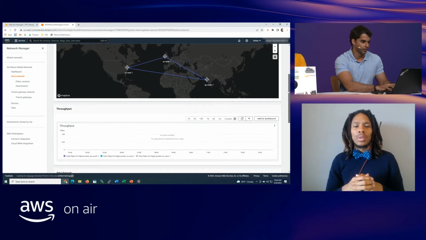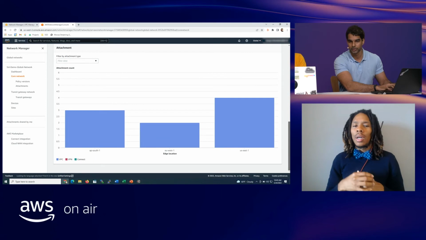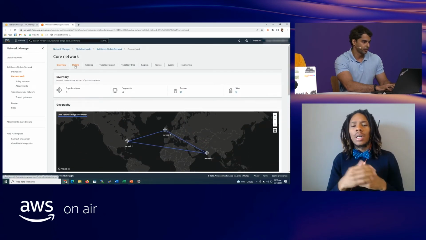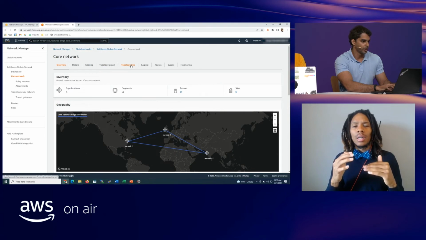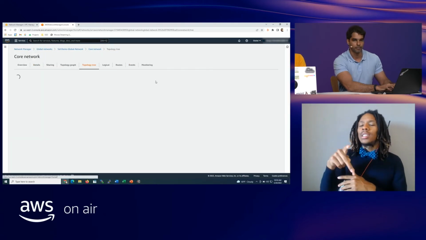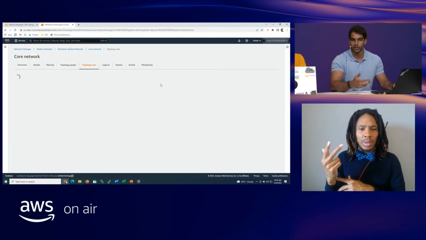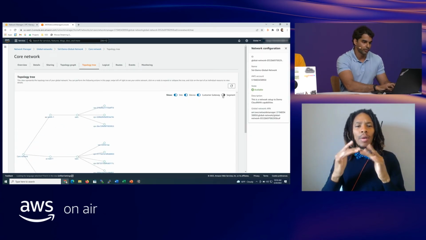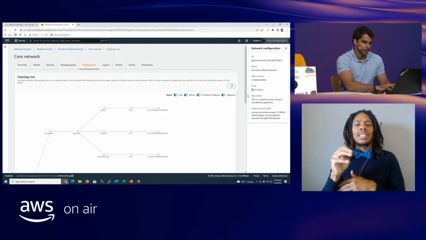I was talking about the monitoring as well, so this shows some of the details there. But let's jump into the topology tree. So this lets you visualize your global network as well. Let me enable segments.